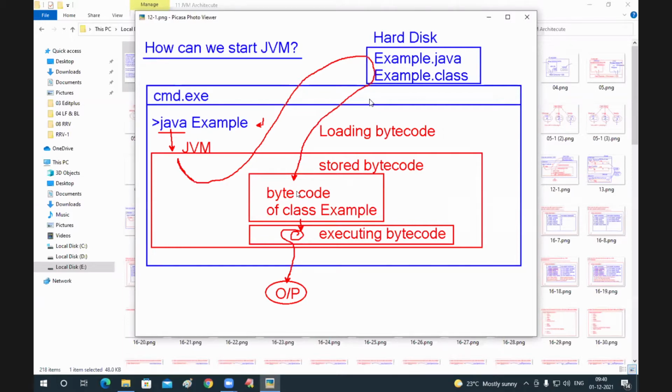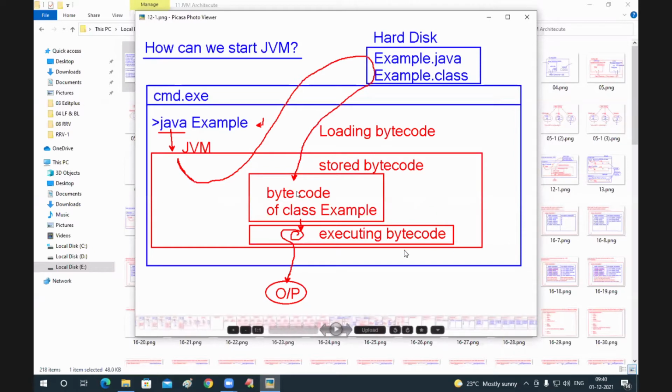Up to now, we have not considered JVM starting. Okay. Now we are starting JVM now. Now onwards, we have to consider. Up to now, we are understanding only one thing. What is that? Java, just executing this example class and we are getting output. But now our target is different. When you run Java example, first Java command